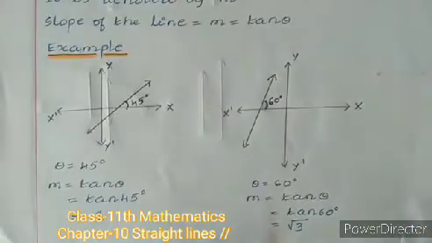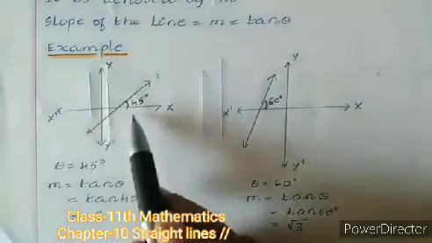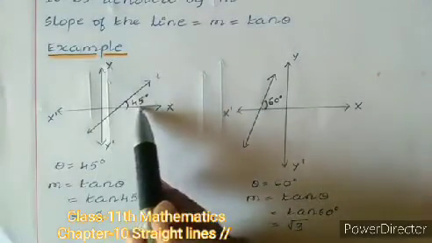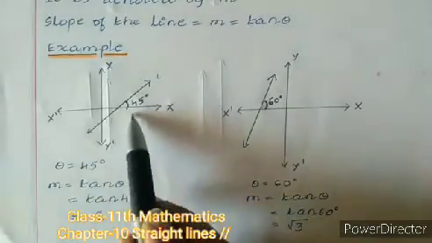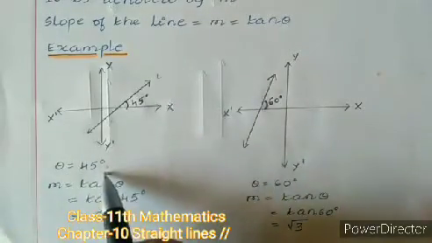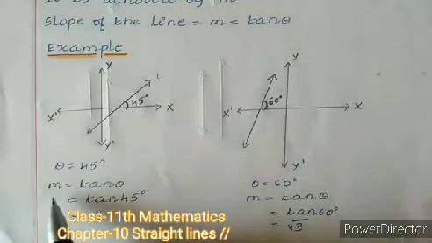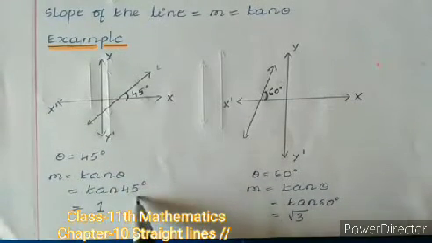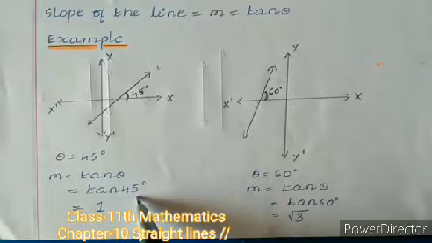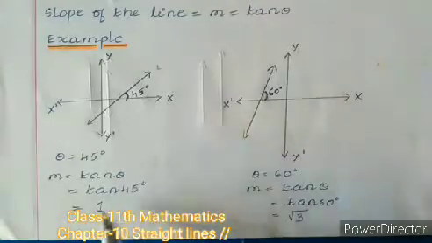Let us see that. See here, we have a line L. This line L is making a 45-degree angle with the positive direction of the x-axis. So now we know the value of theta, the inclination of the line, that is theta is equal to 45 degrees. Then the slope you can easily find out. Slope is denoted by m. m is equal to tan theta. So tan 45 degrees. We know the value of tan 45 degrees, which we have already studied in chapter 3. So tan 45 degrees is equal to 1. So the slope of the line is 1 here.